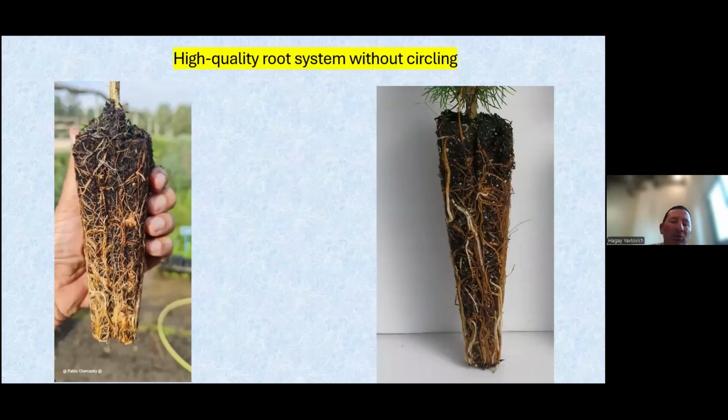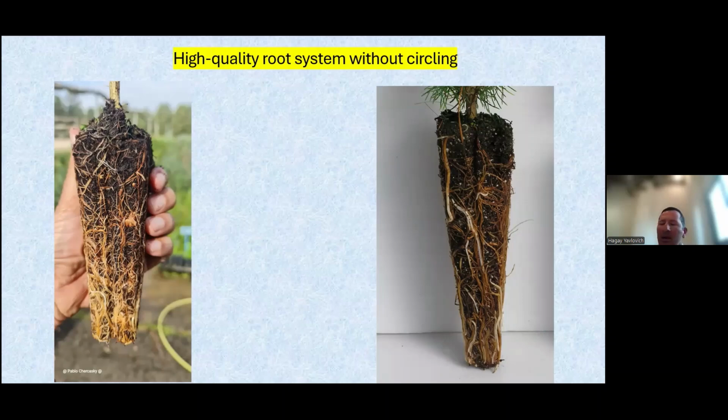And we can also talk for an hour at least, or in a different presentation, about containers and in which container to grow the trees. But eventually, what we want is to have a high quality root system, and we don't want to have circling, because if you have circling in the root, you will have, after a few years, a lot of problems in the